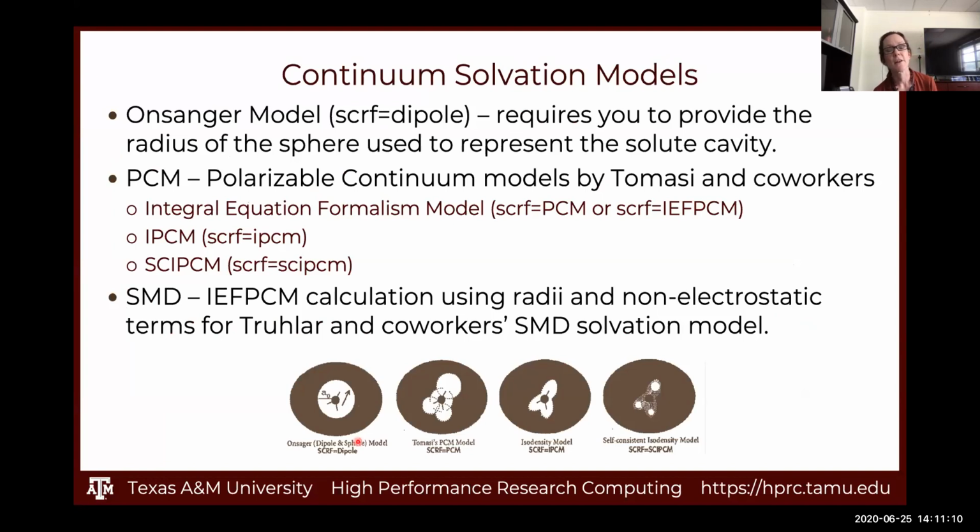Okay, so let's look at a couple of the different solvation models that are available in most quantum codes. There are some other types of solvation models available too, but these are the most common. So there's the Onsager model, and this is a very, very simple model which puts your solute in a cavity, a sphere that's like the